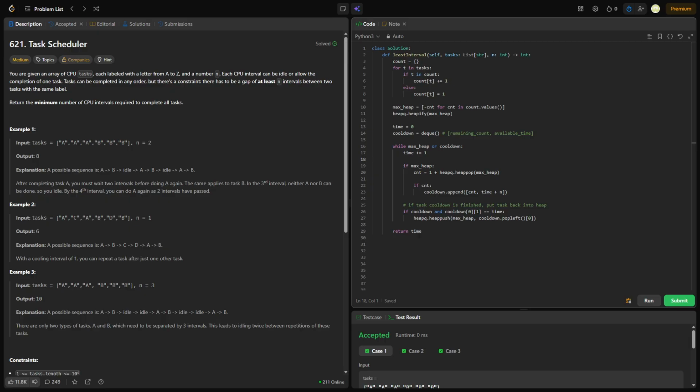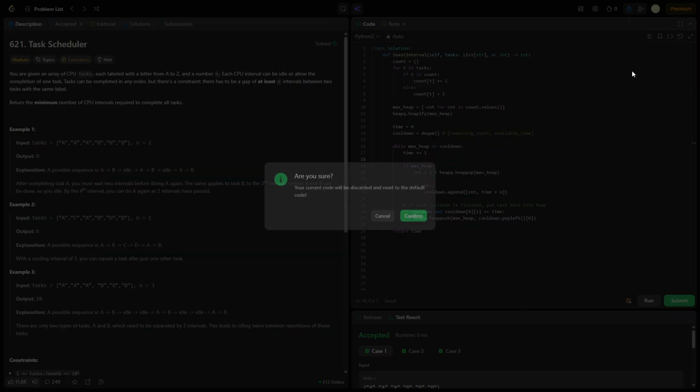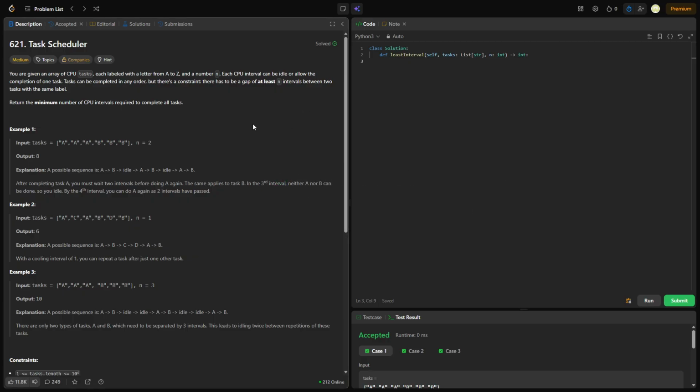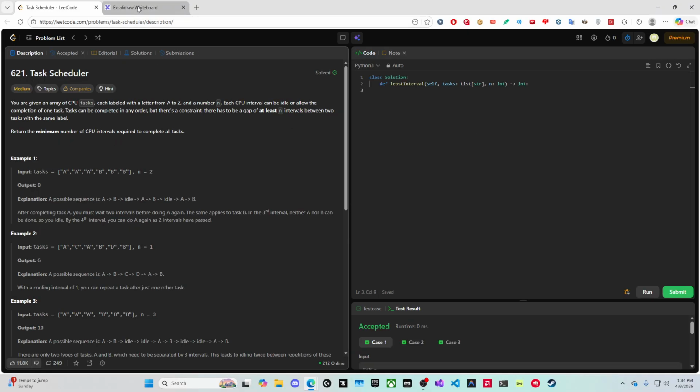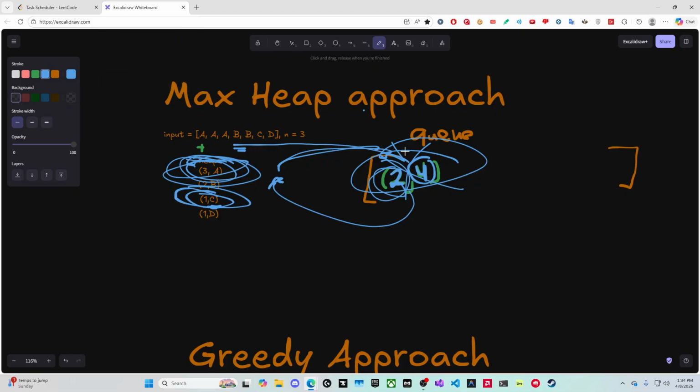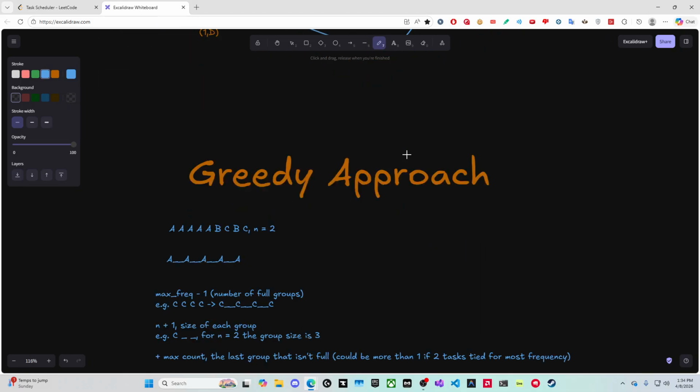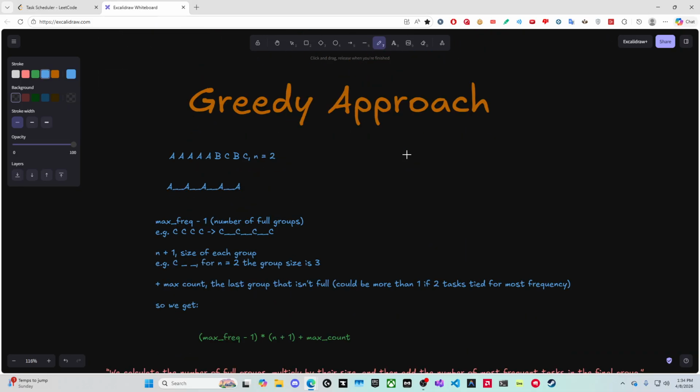It's a little bit more efficient, but it's also less intuitive to understand. I will explain as best I can. So let's clear this, and let's go back here. Now we're going to go through the greedy approach, which is more efficient. So the gist of it is, really,